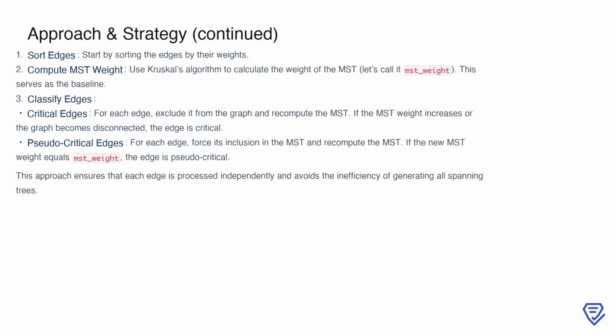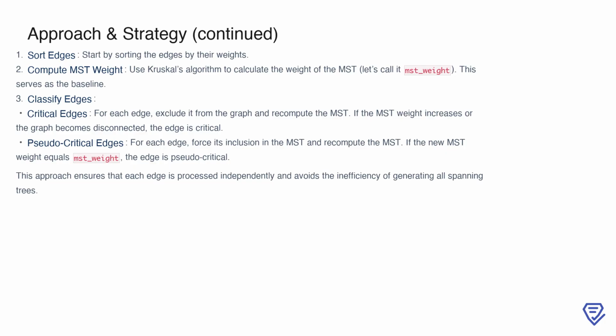To classify the edges, we perform two checks on each one. First, we exclude the edge from the graph and recompute the MST. If the MST weight increases or the graph becomes disconnected, that edge is critical. Next, we force the inclusion of the edge into the MST and recalculate the weight. If the new MST weight matches the baseline MST_weight, the edge is classified as pseudo-critical. By processing each edge independently, this approach avoids the inefficiency of generating all spanning trees, offering a significant improvement in